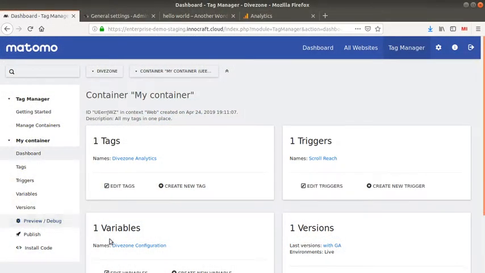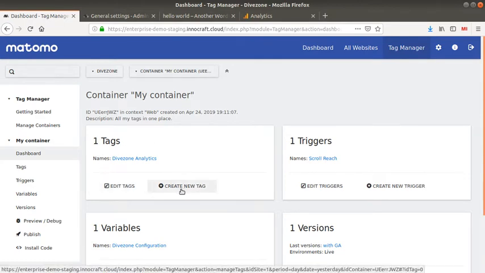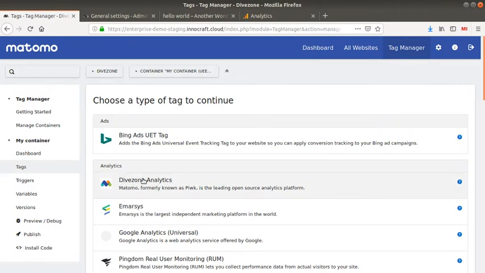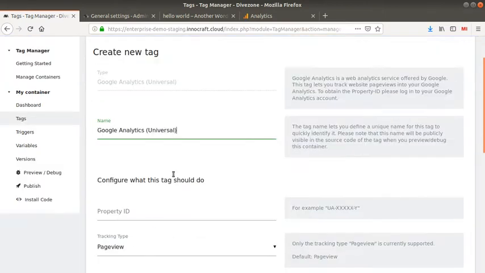Here we are within the Matomo Tag Manager UI, and as you can see, you have the possibility up here to add many tags, and it can be from third-party players as well. It's not only about Matomo Analytics. You can, for example, add tags from Bing Ads conversion tag, but also from Google Analytics. So we're going to take this one, for example, to have a use case here. You can give the name that you want. In my case, I'm just going to say Google Analytics on all pages.